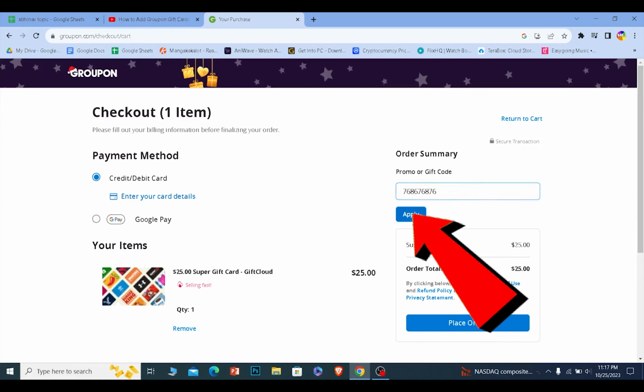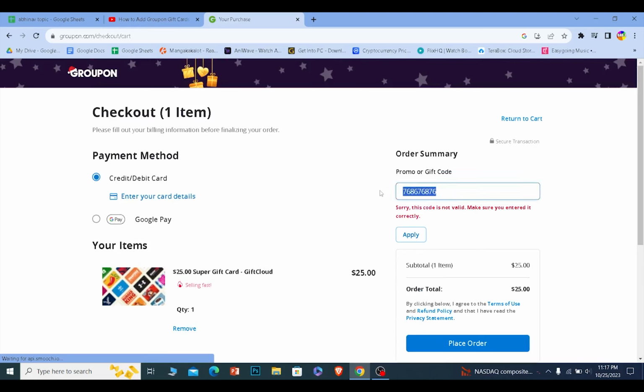After I enter the code and click on apply, if the code is correct, this Groupon gift card will be applied and I'm going to get a certain discount depending on the gift code or the gift card I redeemed. And if I click on place order, then basically my Groupon item will be bought using the gift card or